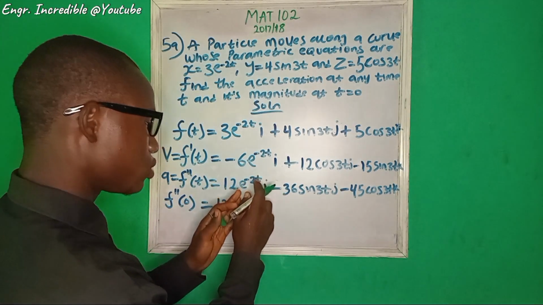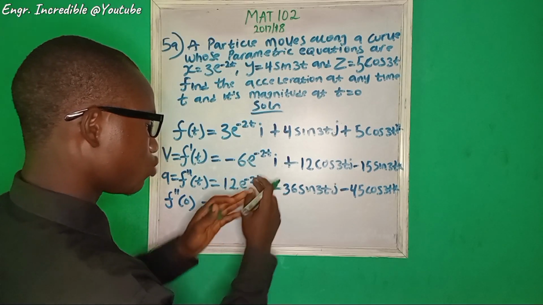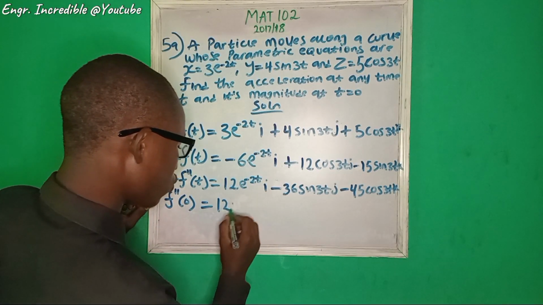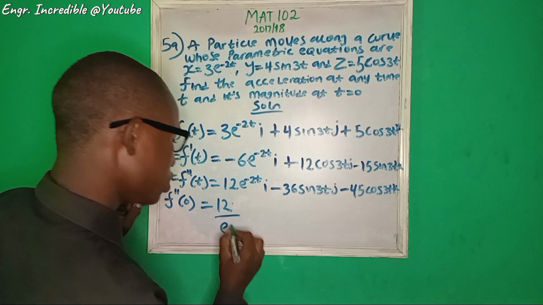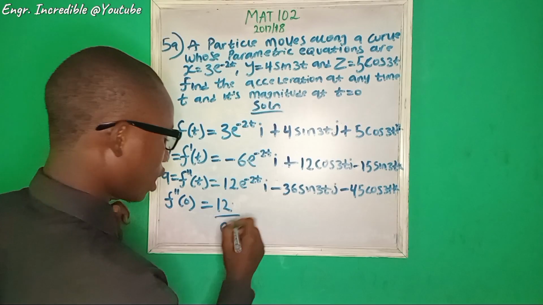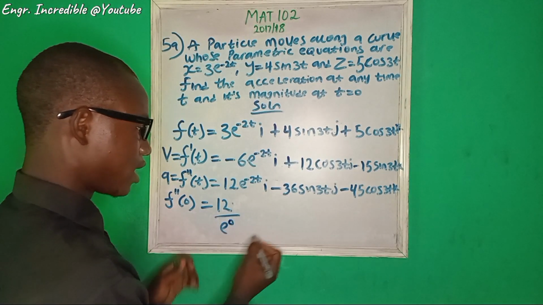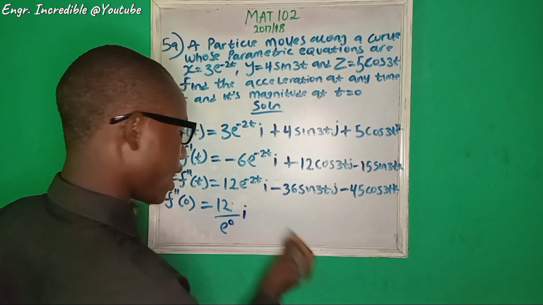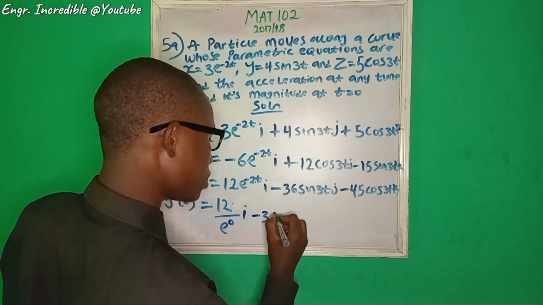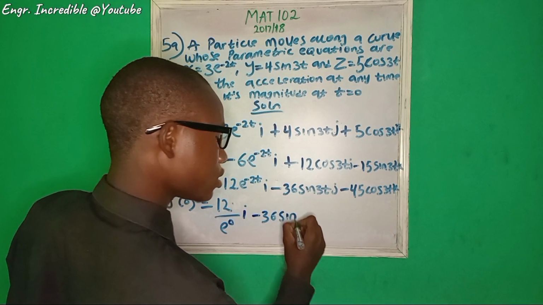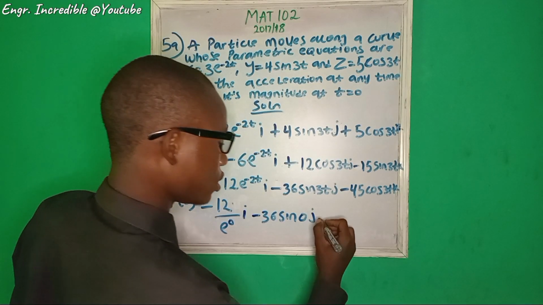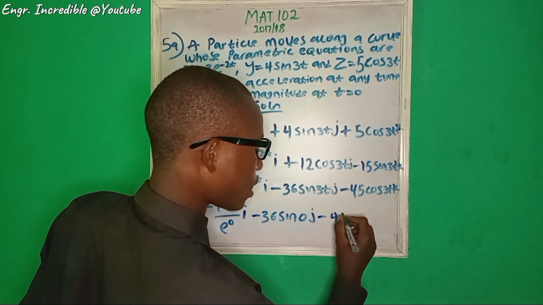Before we leave it this way, we have to bring the minus 2 under, so we have 12 over e raised to the power 2t. The minus is going to come under, so that is 12 over e raised to the power 0, this is i. Then for sine, we have minus 36 sine of 3 times 0, which will still give us sine 0 j, then minus 45